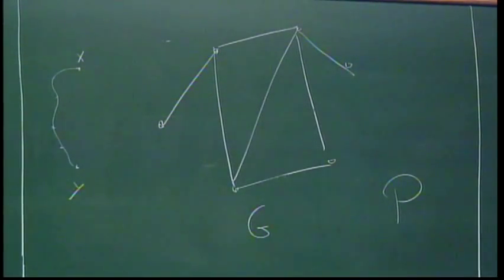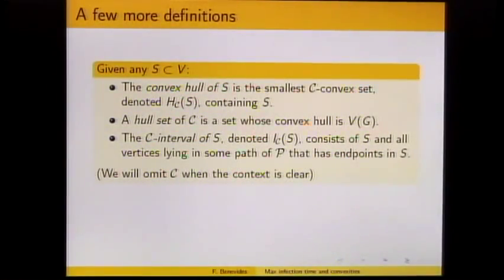And if you know the interval of a pair of vertices, then you can define the interval of any set as the union of all the intervals between any 2 vertices in your set, right? So it contains the whole set together with all the vertices in some path that has endpoints in your set,